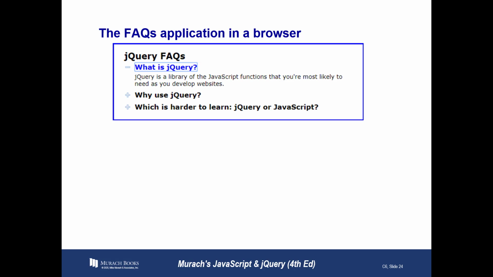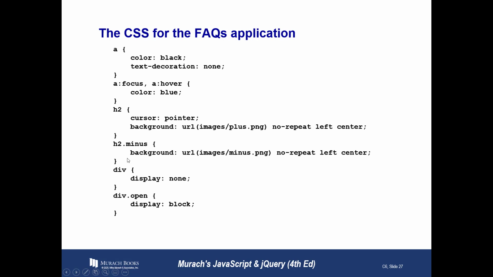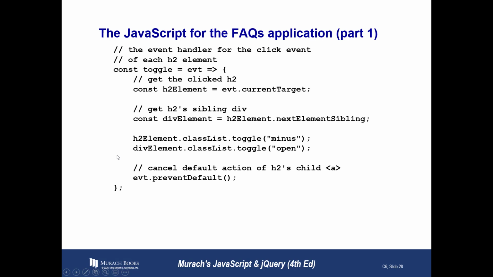What you see in here is somewhat like an accordion. If you click on that minus sign, the code where it says jQuery is a library of the JavaScript functions that you're most likely to need as you develop websites will go away. And this will become a plus sign, and it'll look just like this, but it'll say, what is jQuery? And it'll be blackened in color. So they show you the code in here on how you can create that, the CSS to go along with it,